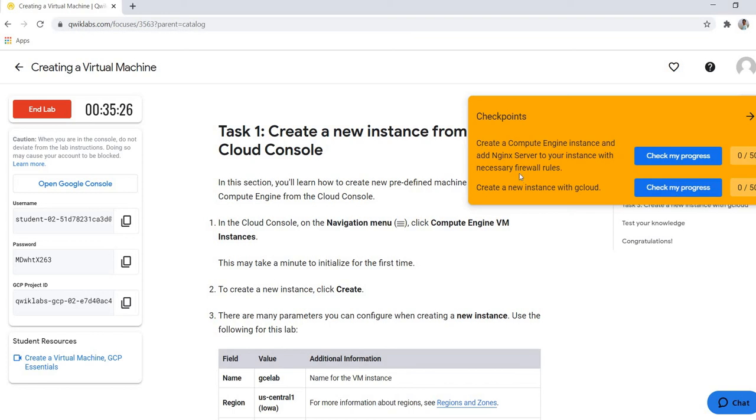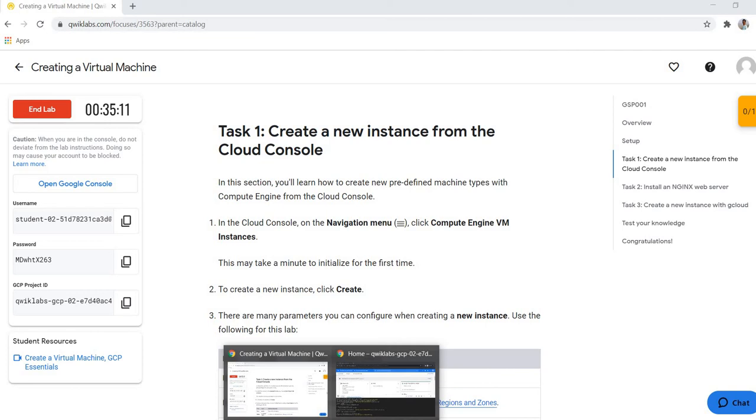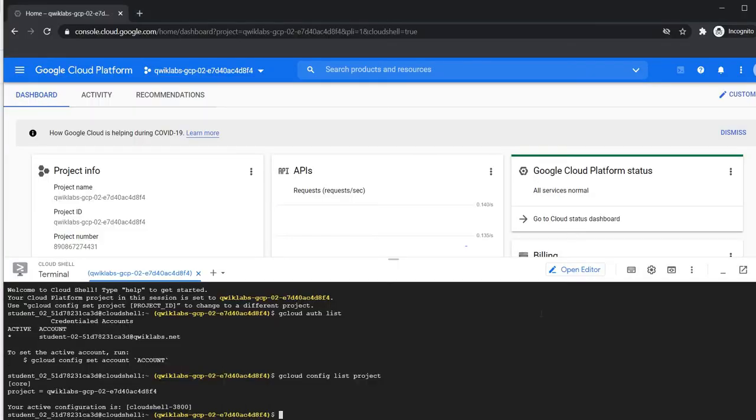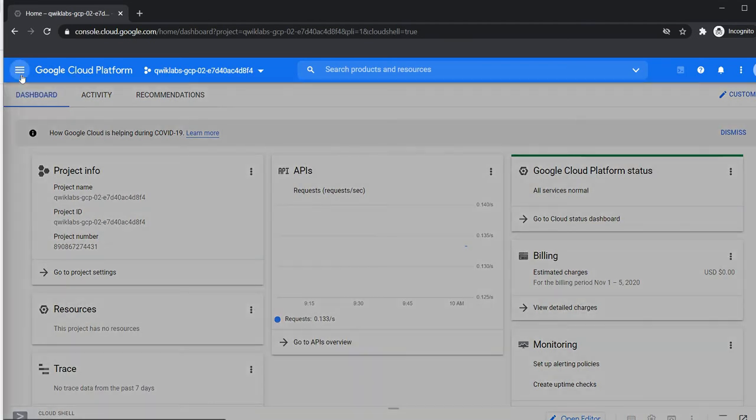First of all, we are creating one Compute Engine instance with Google Cloud Console. Here it is mentioned that in the Cloud Console we go into the navigation menu, then Compute Engine, VM instances. So let's go. Minimize this terminal. Go to the navigation menu.